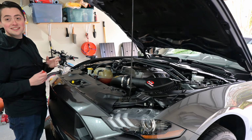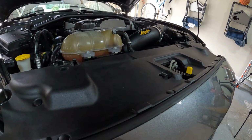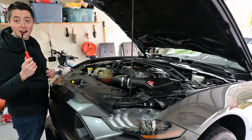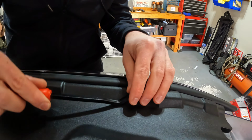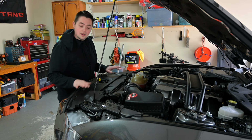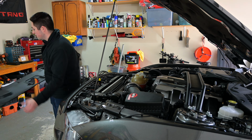Now that the car is up in the air, we can start by removing my radiator cover here, which is just held in with a bunch of these little push clips. So I'm gonna go through that now and remove those. All right, with those clips out, we can remove the radiator cover here, and I'm just gonna set that off